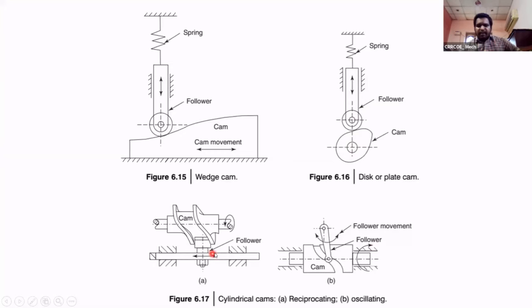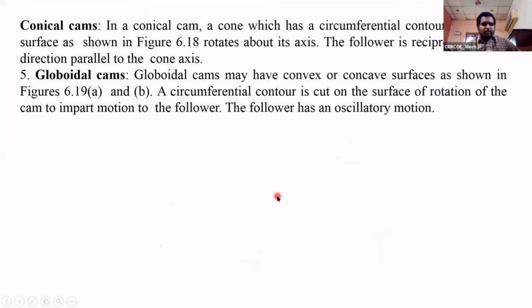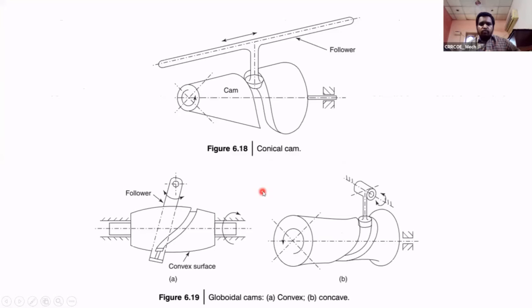These two are the cylindrical cams. Here we have a grooved surface. The rotation of the cylinder causes the oscillation in the follower, meaning the follower is reciprocating leftward and rightward. Here the cam is rotating. Here, see this, this is also a cylinder cam. The cylinder is rotating, and the follower is oscillating. This is the wedge cam, the disc cam, and the cylinder cam. I will show the animations later. And we have two more cams, that is, conical cams.